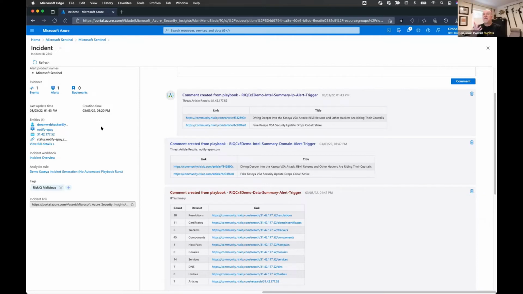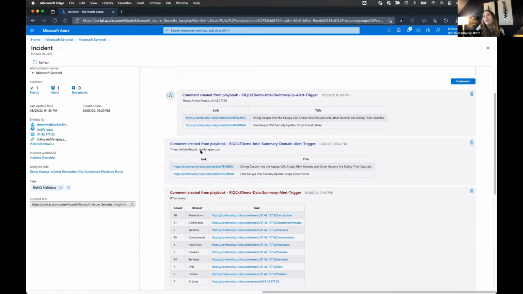So this is like when you go look at your files and it doesn't have a .doc at the end, it's hidden. It's kind of the same thing that we're seeing here, where it's not the fully qualified name, it's shortened, but the data is in the back end or behind the scenes, and we're using that to run the playbook and get the data. Exactly. So you see notify-epay as this host over here.